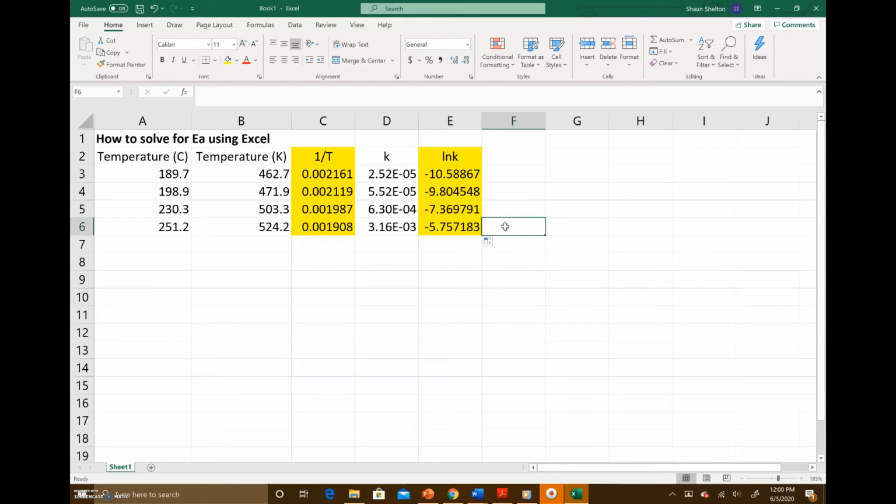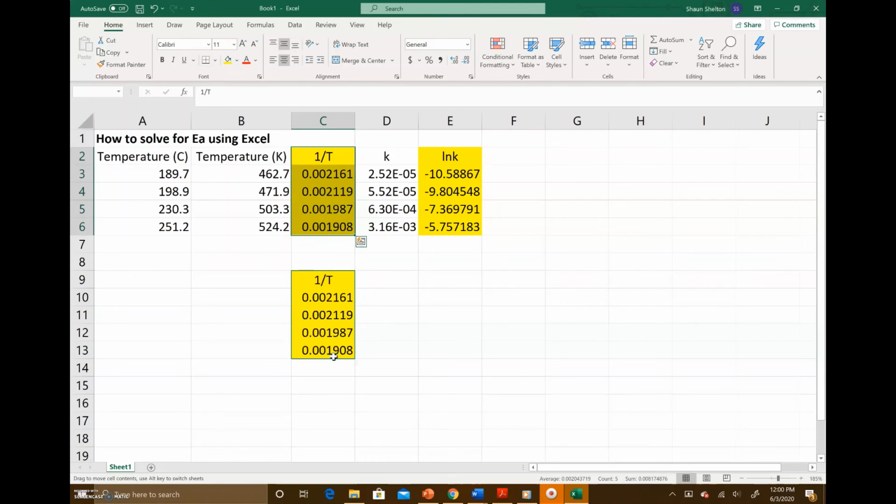Okay, so we're at a point now where we have our information that we want to graph. So to do our graph, we have to understand what the x-axis is and then what the y-axis is. So what I'm going to do is bring this column down. I'm going to hit Control C here. Let's see if we can do this without changing. Nope. All right. So what I'm going to do here is just drag this down to here,